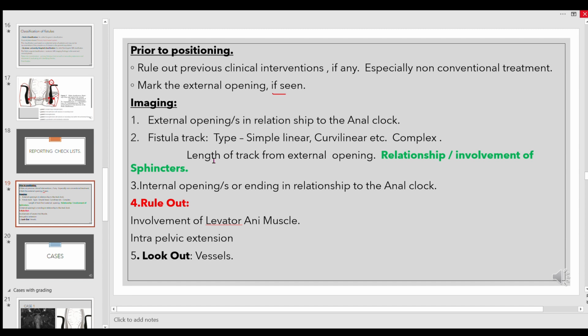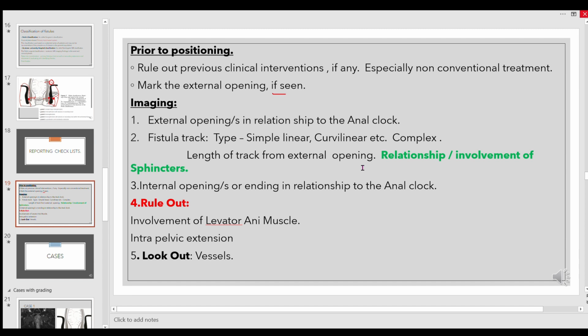You should ideally mention the length of the tract from the external opening till its ending. There might be multiple tracts. If possible, you can describe all the tracts, or else you can do a 3D reconstruction of the heavily T2 weighted images and supply the measurements so that the surgeon will be happy.